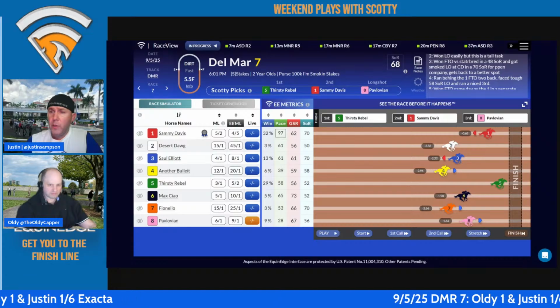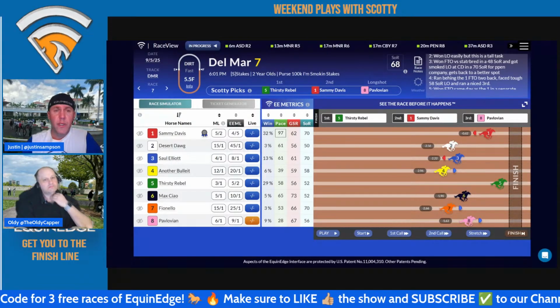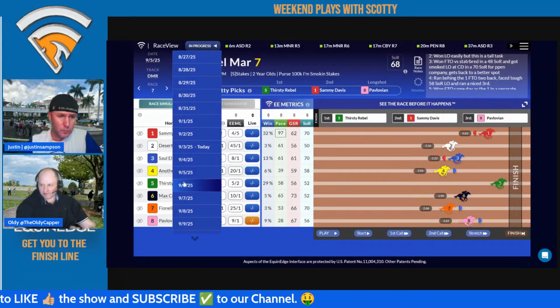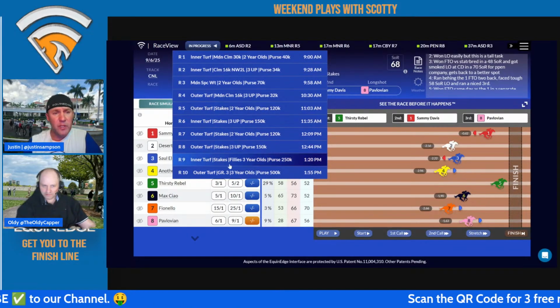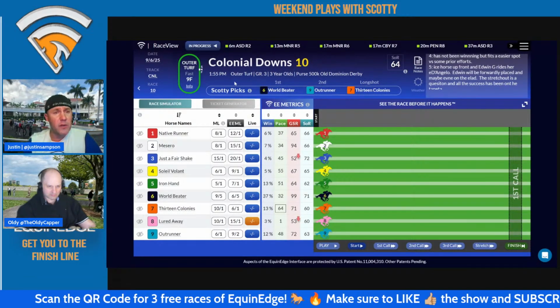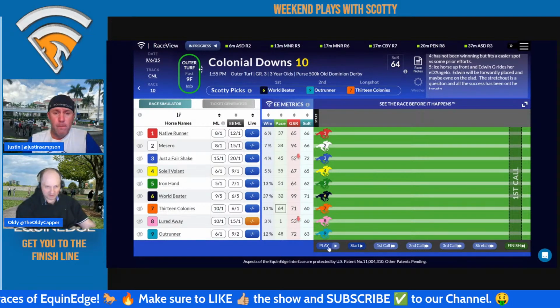All right, we're gonna keep going to Saturday the 6th. We're gonna look at the graded stakes at Colonial, right, Oldie? Yes, correct. So Colonial, they actually have a good stakes card. We're gonna cover the last, and then we're gonna flip back to Kentucky Downs. We can show the Downs, right, Oldie, on Saturday? We will be showing the Downs on Saturday for sure. All right,